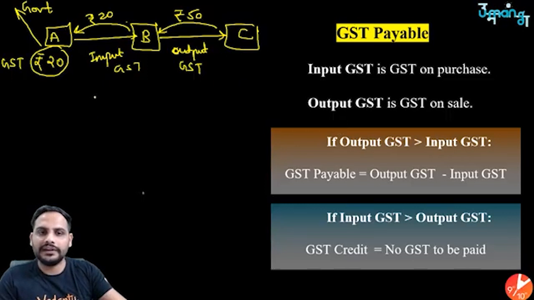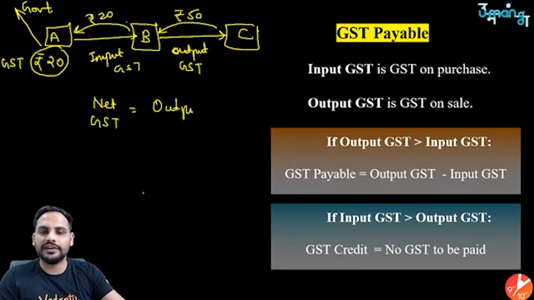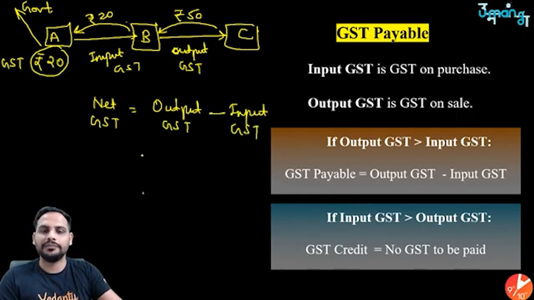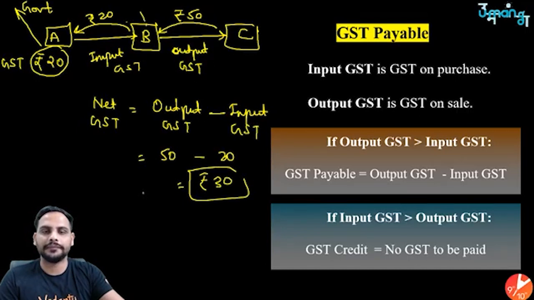So the net GST payable by B will be output GST, whatever C has given, minus what he has already paid, that is minus input GST. So B will pay 50 minus 20, that is B will only pay rupees 30